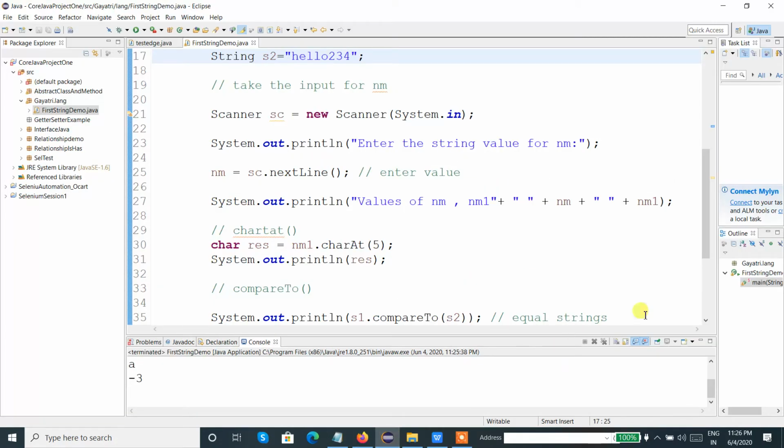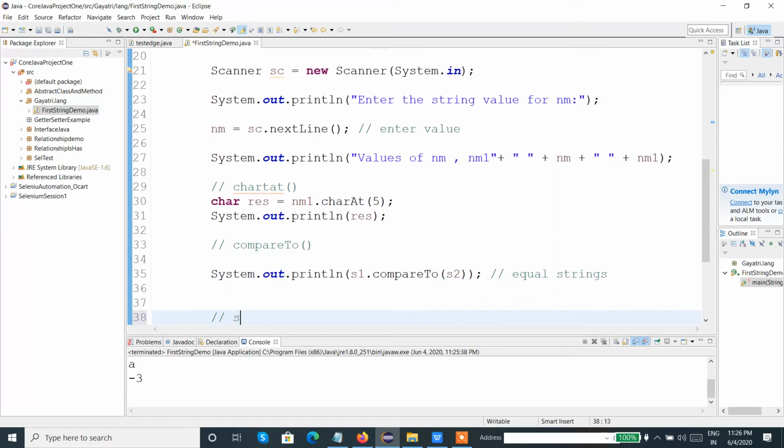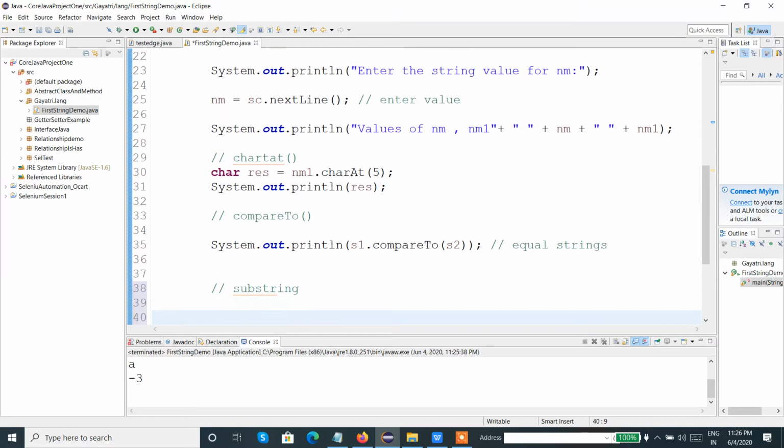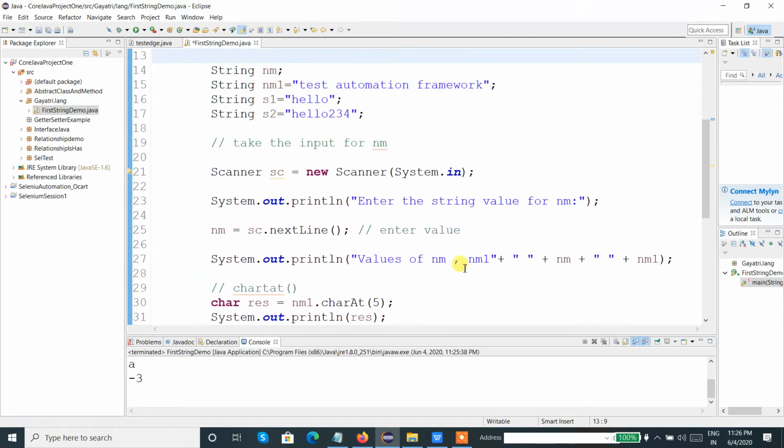Why will we use the contains method in string? The contains method is used to check whether a substring is present in the string or not. What is the meaning of substring? Let us take the string which we initialized over here, test automation framework. Now instead of automation, I'll make it hello. Test hello framework.